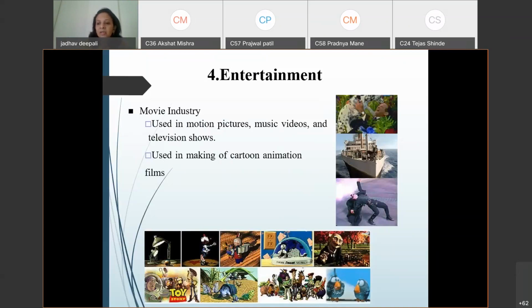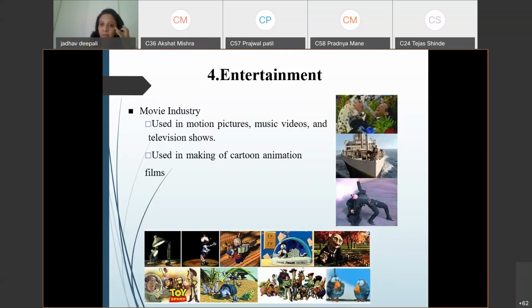Another thing, the hero is moving from here to there, or we can say from one mountain to another mountain. Is it possible for a normal person? No, it is created through animation only. And behind all this, there is graphics.